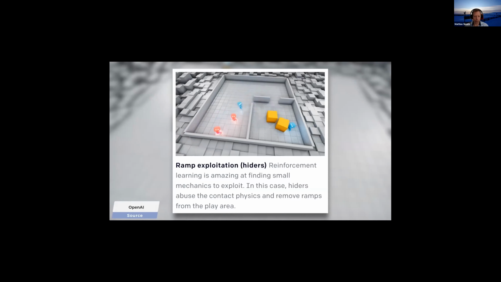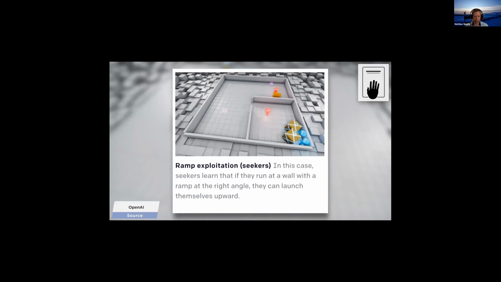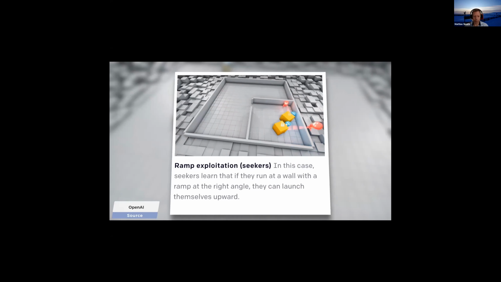For instance, the hiders learned to exploit the physics system and just chuck the ramp away. After that, the seekers go, "What? What just happened?" But don't despair, and at this point, I would also recommend that you hold on to your papers, because there was also a crazy case where a seeker also learned to abuse a similar physics issue and launch itself exactly onto the top of the hiders. Man, What a paper!